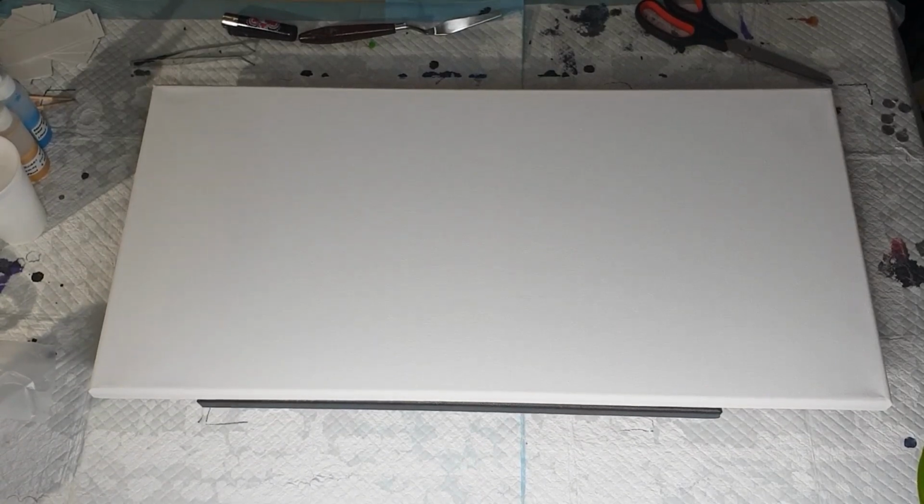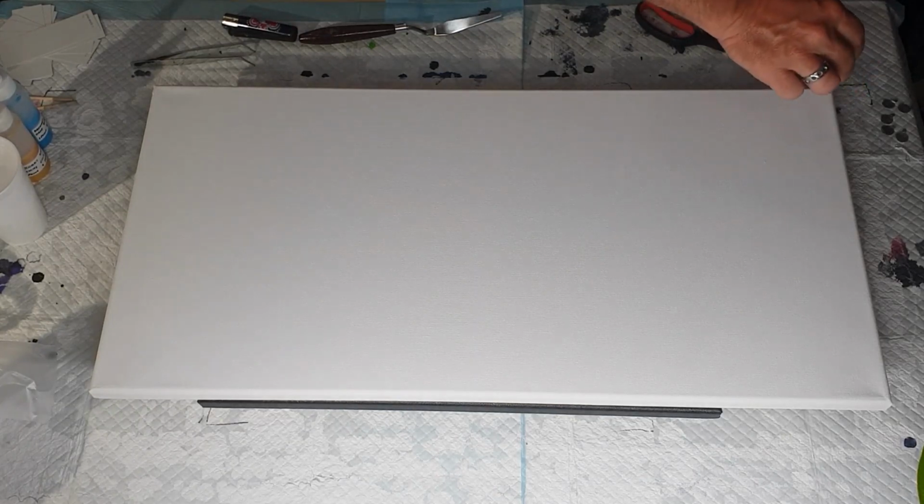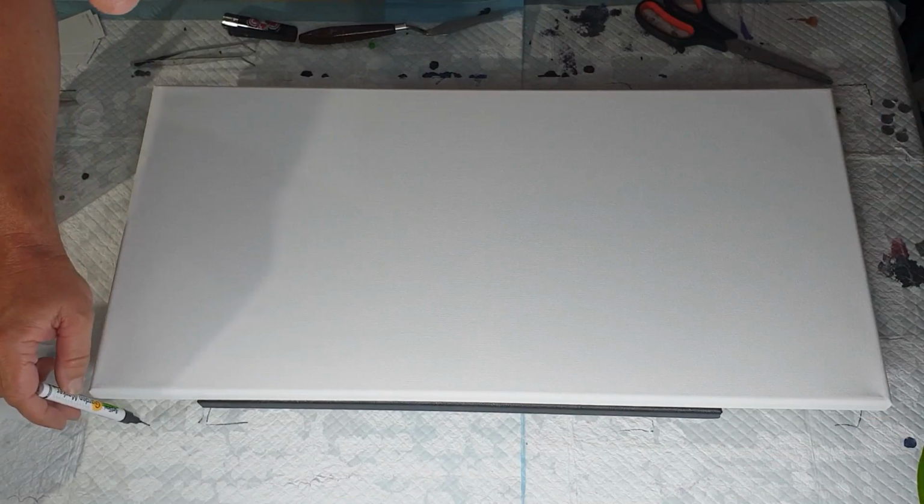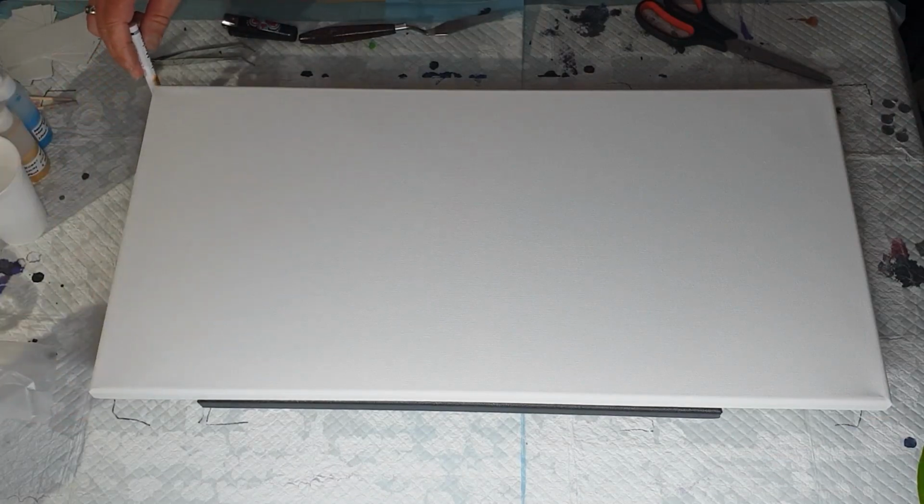So it's Christmas morning and I am going to do a Christmas pour. Well, it's not really Christmas colours or anything, it's just an artwork I'm going to do on Christmas morning. So I am just lining up my canvas. So what we have,